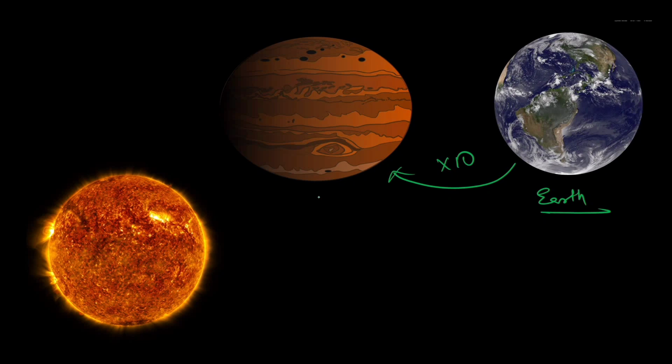Now, you multiply the diameter of the earth times 10 and you get the diameter of Jupiter. So if you were to set Earth right next to Jupiter, obviously they would never be anywhere near that close. That would destroy both of the planets. Actually, it would definitely destroy Earth. It would probably just be merged into Jupiter. If you put Earth next to Jupiter, it would look something like that right over there.